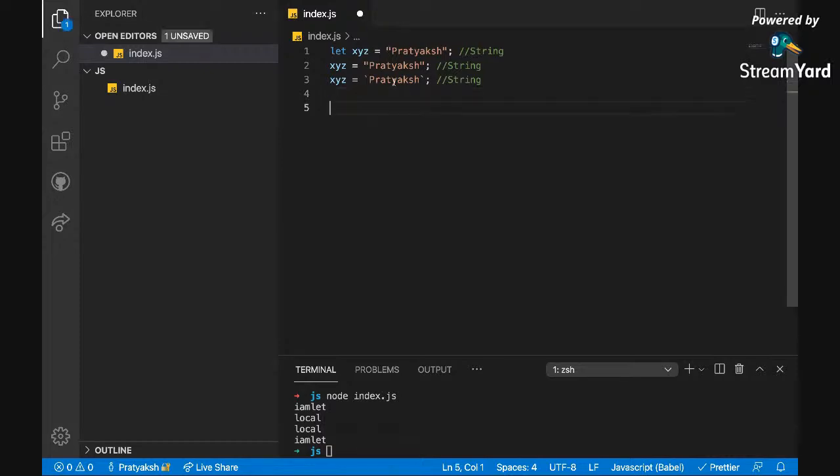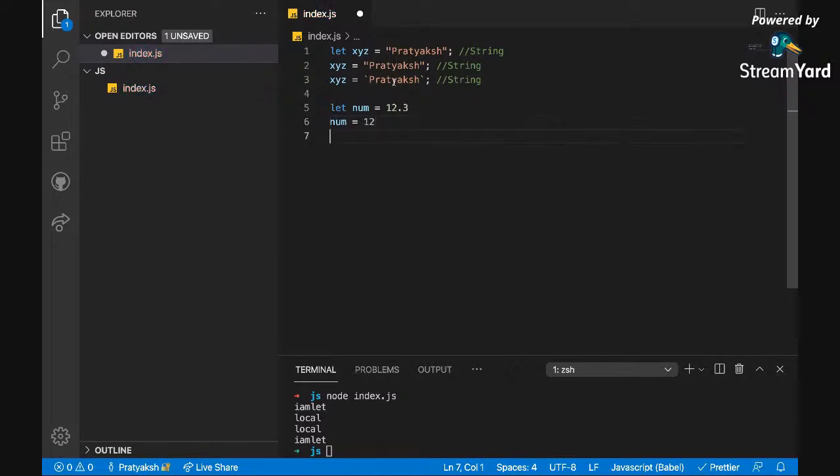Now there are basically three fundamental data types in JavaScript. There are 6, 7, but the fundamentals from which everything is derived are: one, string. Another is number. A number is anything, let's say 12.3, or number is equal to 12.